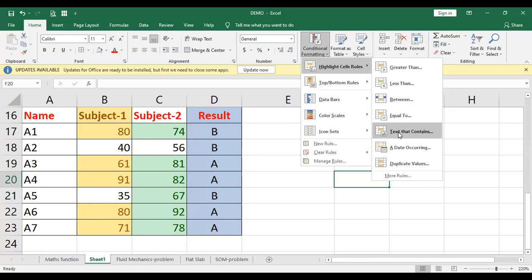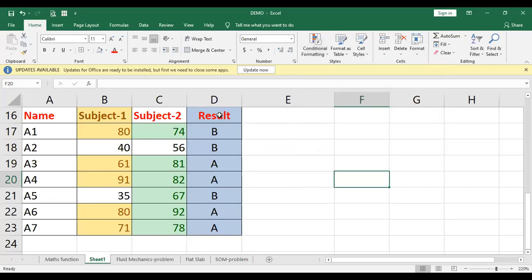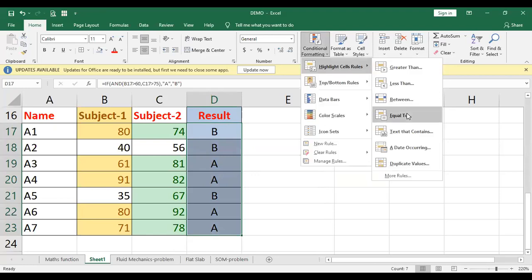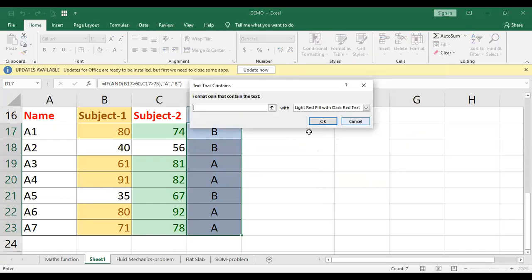one word, or if I just say, look at this, I want to know which one is A. Now you will have to check which one is A or which one is B. So what I'll do, I'll just click on this, go to the conditional formatting, go to highlight cells, text that contains, let us say A. Look at the color.